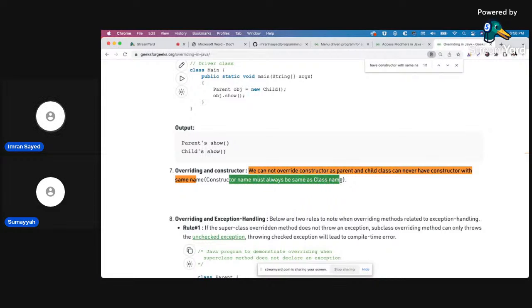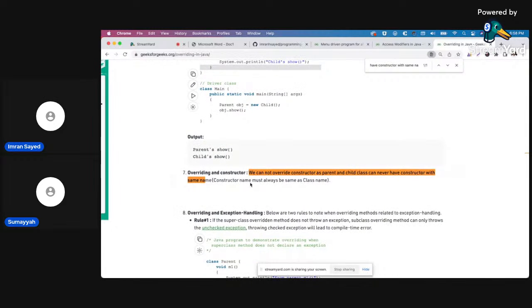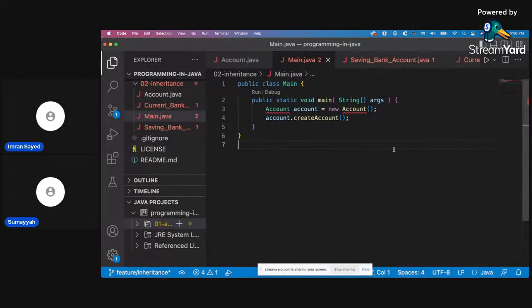You have to just tell them, right? Do you have any other opinion on this? Yeah, it's a trick question, I guess. We can't override, because the constructor says that my name needs to be the same as the class name.